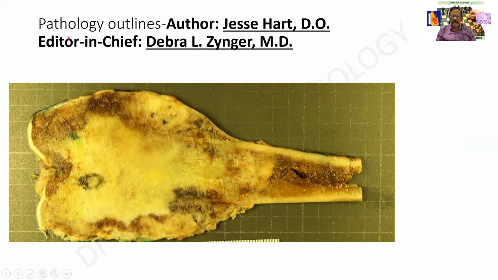Another superb specimen and the reference is given over here. It belongs to him, not me at all. Amputated part specimen measuring so many centimeters long. You find that the distal articular surface shows a tumor measuring so many centimeters by so many centimeters. It shows areas of hemorrhage. These are all grayish white areas of tumor which will be having areas of necrosis as well. There is an elevation of the periosteum forming the Codman's triangle and this cortical bone has been denuded or destroyed in the region of the tumor.